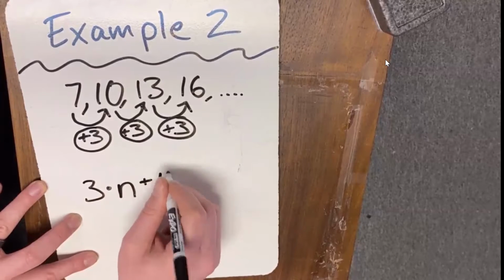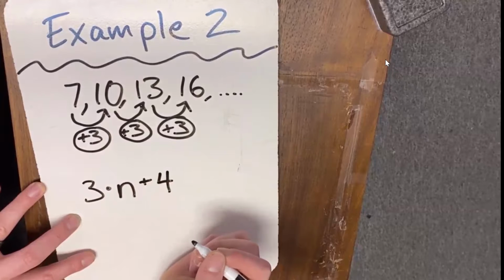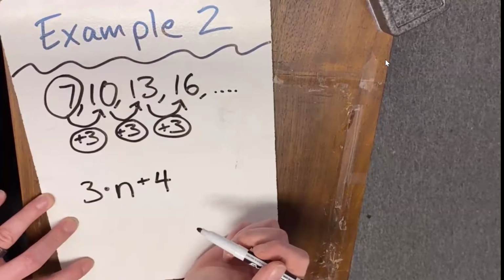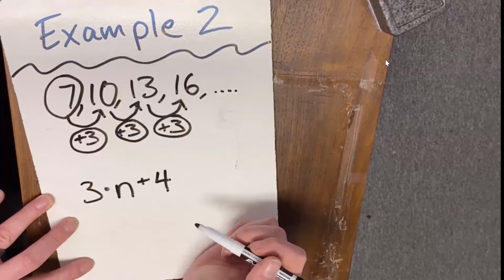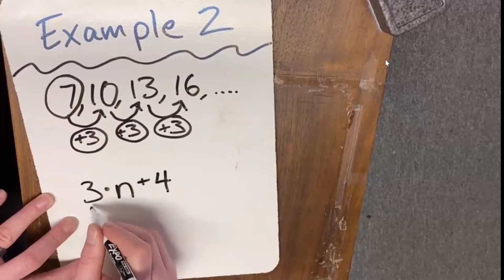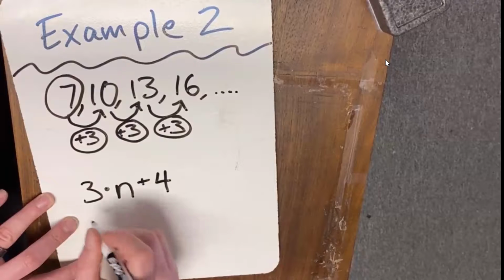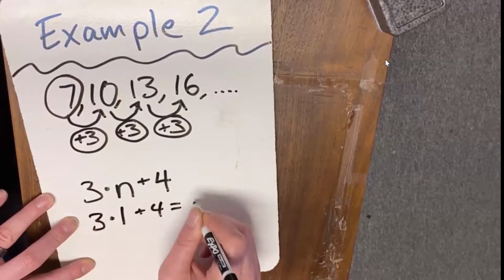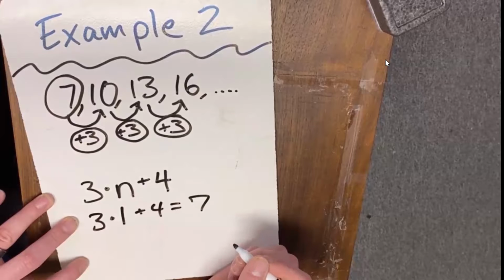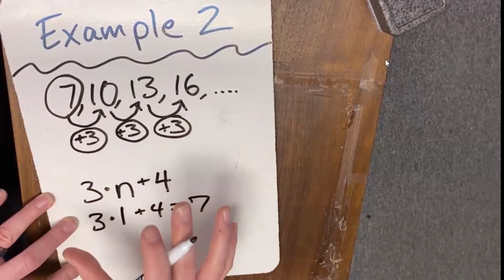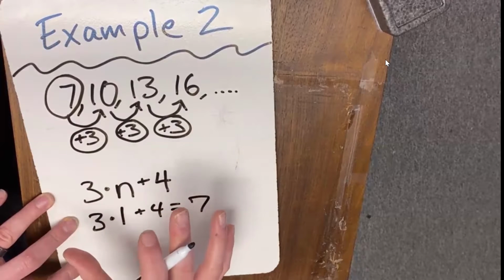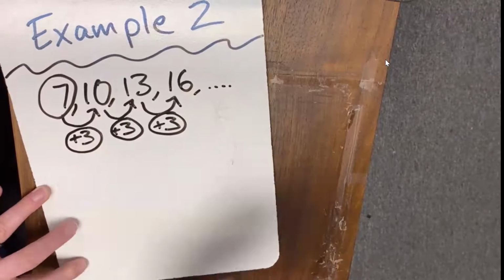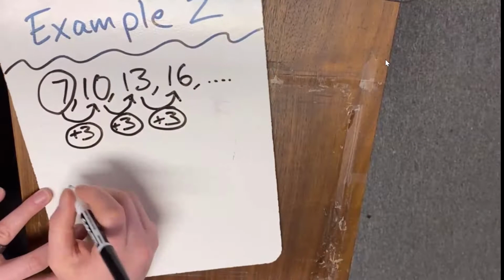plus 4. Now, why did I do plus 4? Well, I need my answer to equal 7. So if I were to do 3 times n, which is 1, plus 4, that's going to equal 7. So I showed this in a much more simplified version rather than drawing out the chart. So let me draw it out in chart form if this way did not make as much sense as the last time. So we have term number,